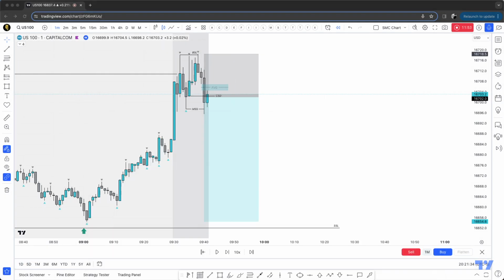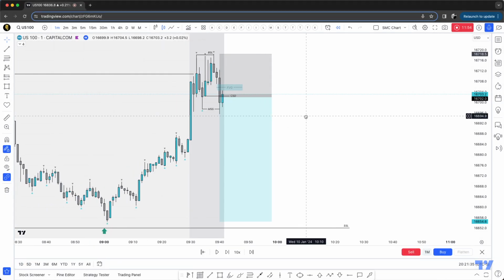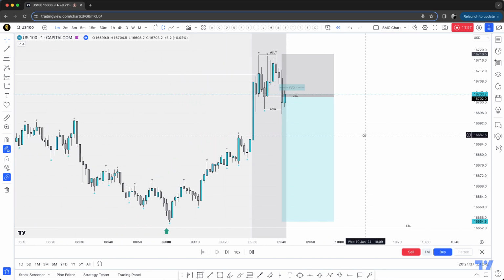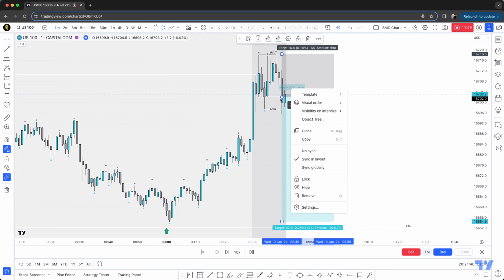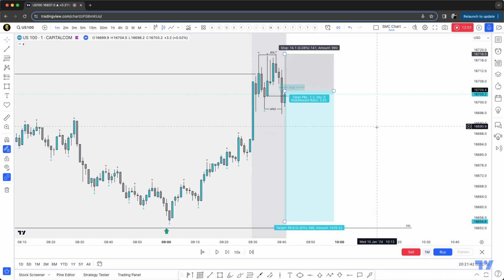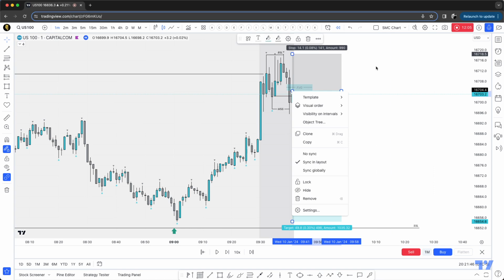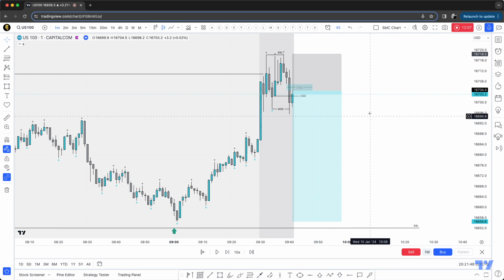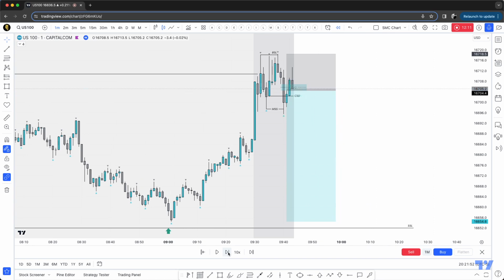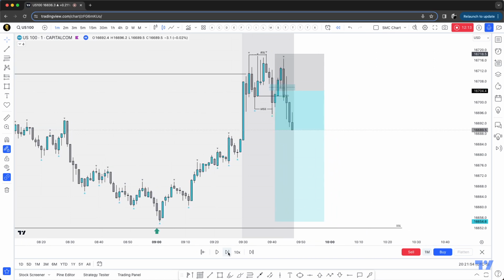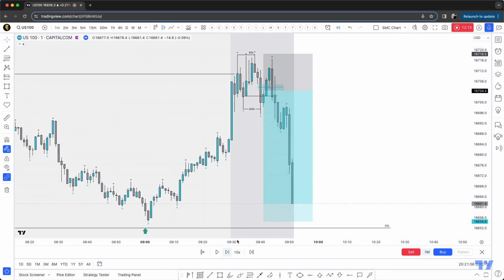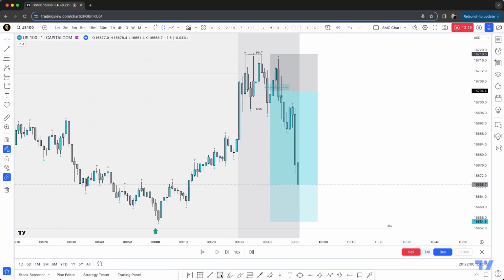Now, look, if I would have placed a sell limit order anyway, you would place it right here, in that fair value gap or at the 50% of the fair value gap. Any of those two would work anyway. So look at what happens from there. You see price actually pushes up and then starts displacing. This move right here to the downside, you could have easily placed